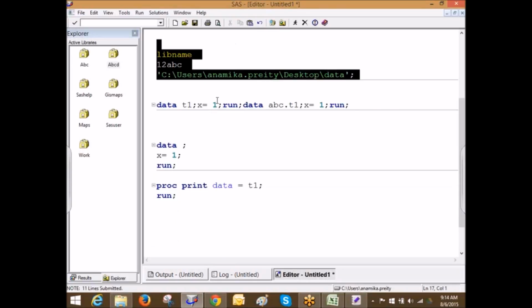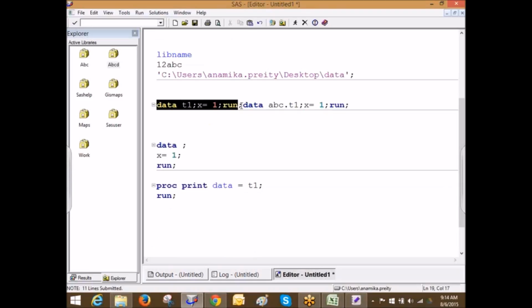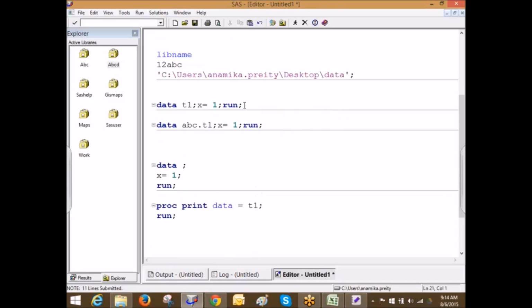It does not scan from top to bottom and run. What it does is run the program step by step. So no matter how much time you take in this step, it will finish this and then only move on to the next one. But if you don't put a semicolon after run,